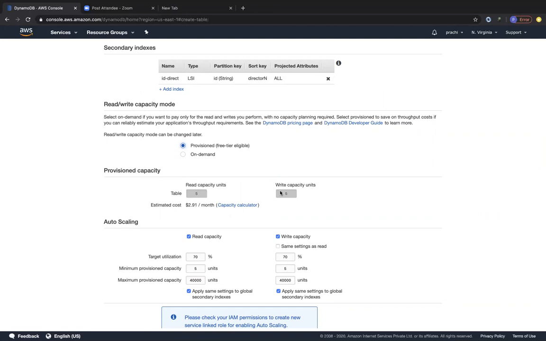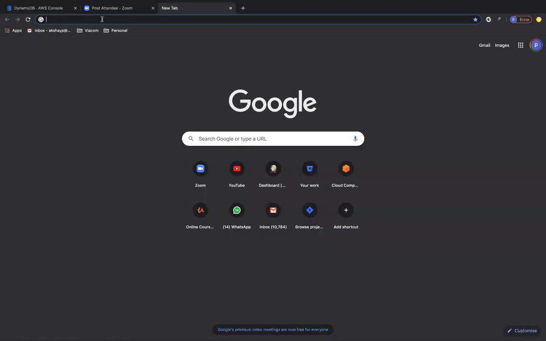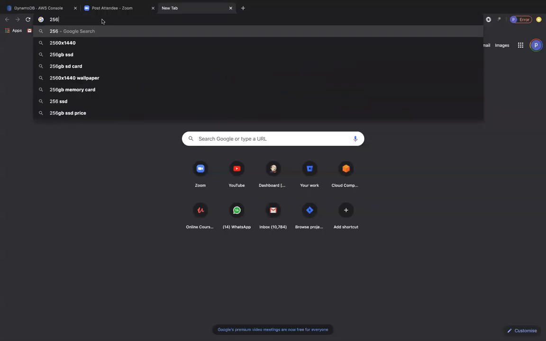Now let's have another calculation with another problem. We are going to read 256 kilobits of data per second. So 256 by 4 KB is 64.